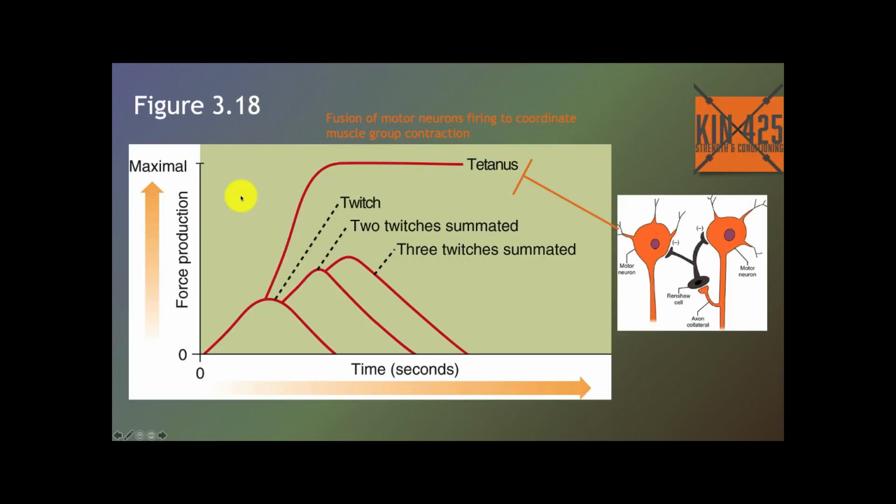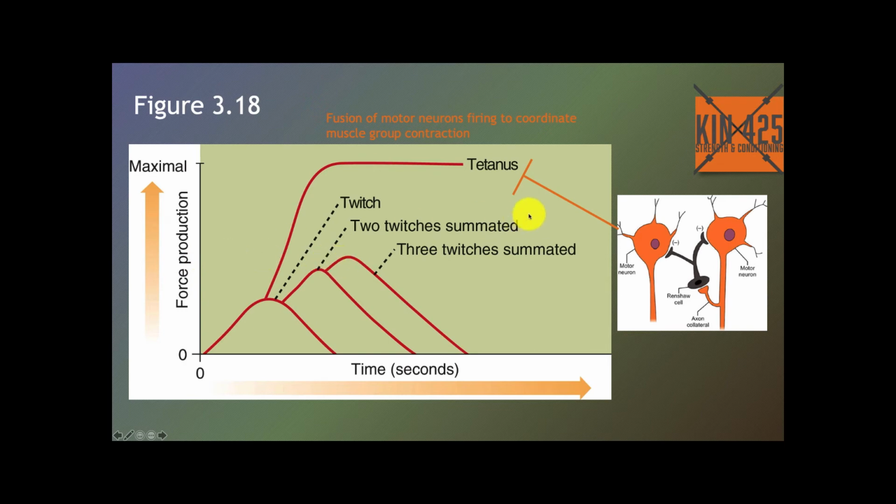So if we look here at force production and we look here at time, this is time, right? We can see that as these neurons begin to fire, one of them sends a twitch. There's another twitch that is summated on top of this first twitch, and we can see that with the first twitch, we have low force production, but then when another neuron fires and it recruits more muscle fibers, look at this, we have greater force production. And then if we get, let's say, this guy here starts to fire, well, then we have another summated twitch, which builds upon this, and you can see that over the course of summation here, we have more force being